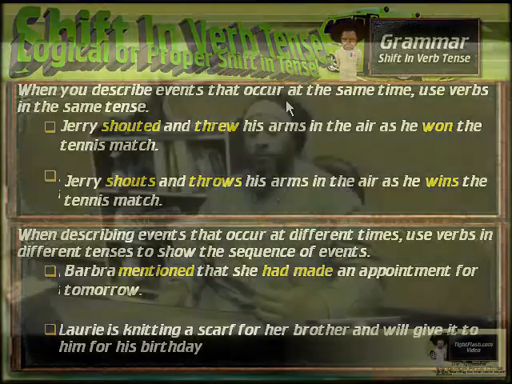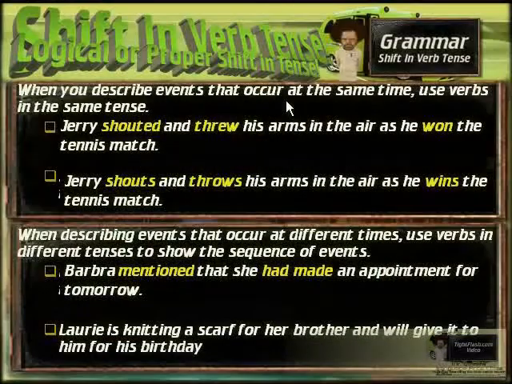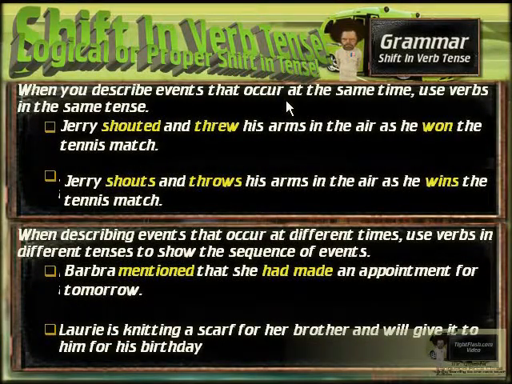for his birthday. Okay? Now, this is not necessarily another clause. This could be considered like a compound predicate here. But the point being is that we have two verbs here, will give and is knitting. Well, we know will definitely deals with the future, is definitely deals with the present, but they go together because of the meaning of the sentence. She did something in order to do something else in the future.